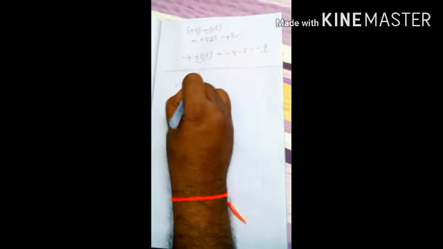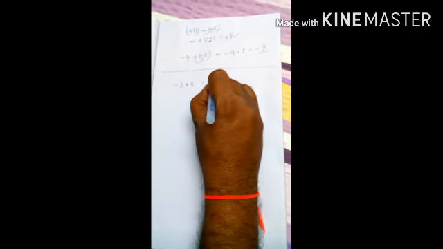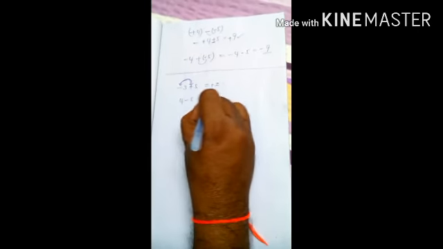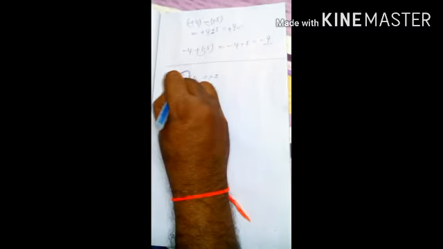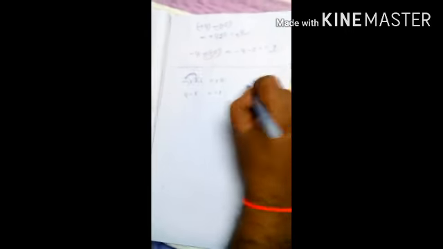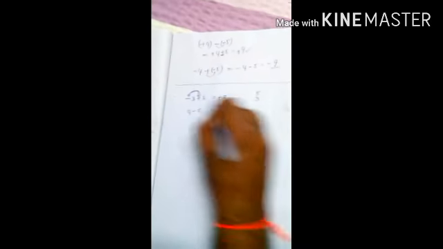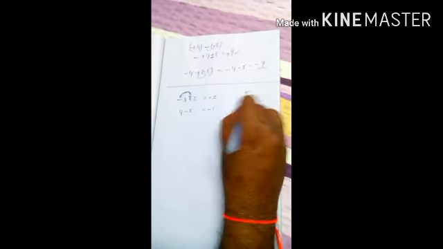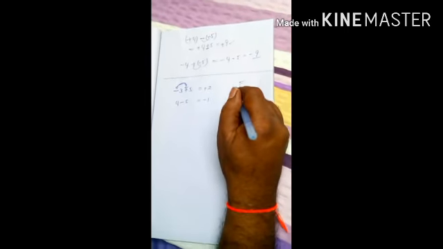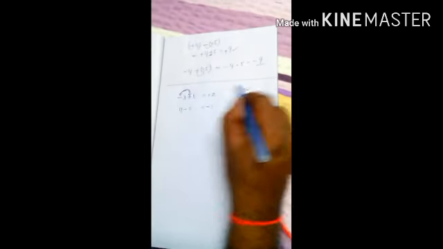Some examples. Minus 3 plus 5 is equal to, the answer is plus 2. Again different signs, difference, the same concept we can use. Minus 3 plus 5. The absolute value of minus 3 is equal to 3. The absolute value of plus 5 is equal to 5. Both are different signs, no? That's why subtraction. 5 minus 3 is equal to 2. In this, the big number is 5. The sign of the big number is plus, that's why plus 2. The first example is completed.